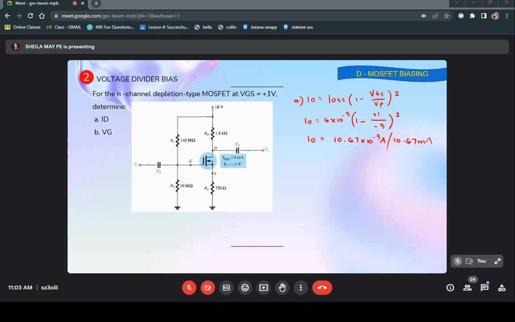So we have our ID on at 6 milli. And for our VGS on, we have 8. And VGS TH is 3. You need to square it. So K is